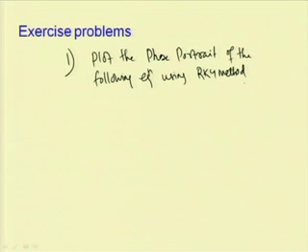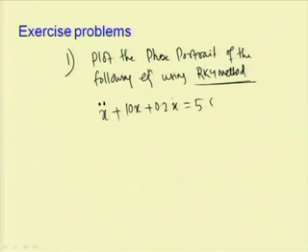In case of the RK4 method, you can directly use the equations shown, develop your own code, or use MATLAB to plot. Let you plot for this one: x double dot plus 10 x plus 0.2 x dot equal to 5 sin 3t,